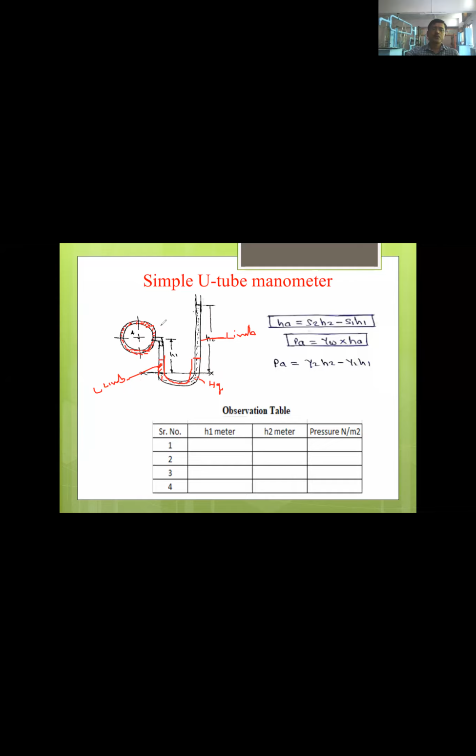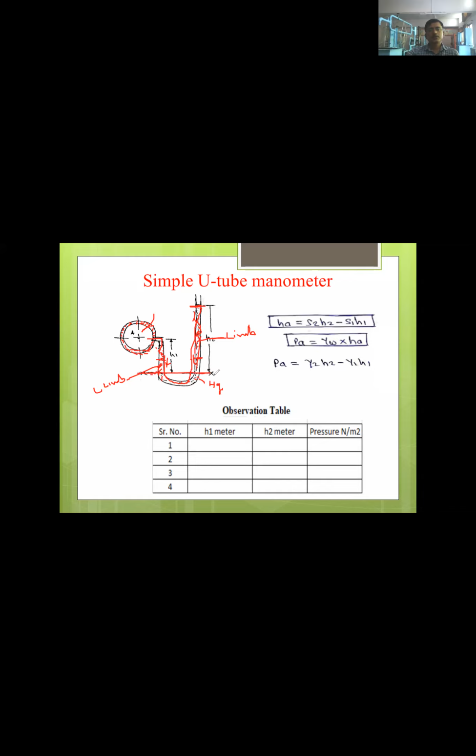Then when water starts to flow through this pipe, because of pressure, water will come inside this pipe, and this mercury level initially will be the same in both the limbs. But because of the pressure inside this pipe, this mercury level will get pressed down, and the mercury level in the right limb will increase here. And here what we do, we take the measurement of these columns from the datum.